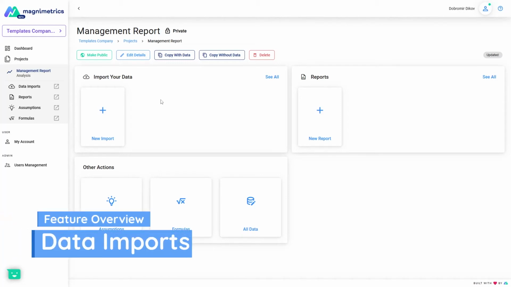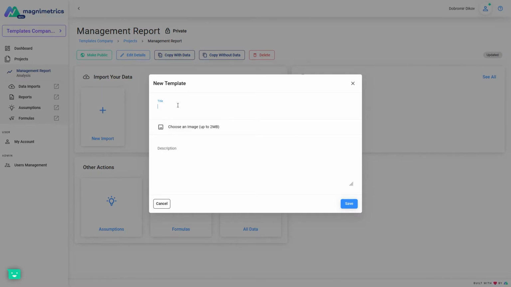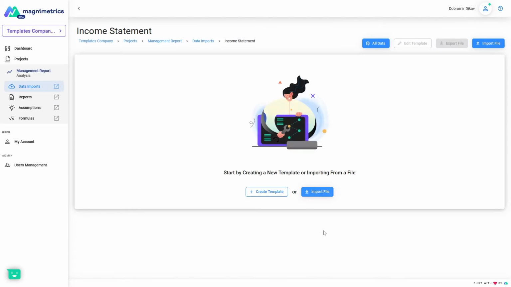Let's go ahead and create a new import template. I'm gonna click on new import and give it a title, income statement. You can choose an image if you wanna make it more presentable, if you plan to share it with people. You can give it a description, either something internal or something to be shared. Just gonna click save, and you see that I have an empty income statement template that I